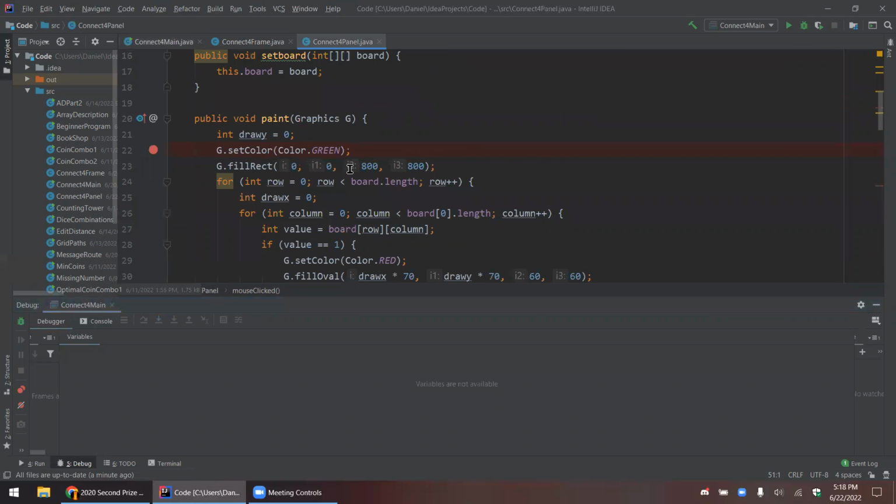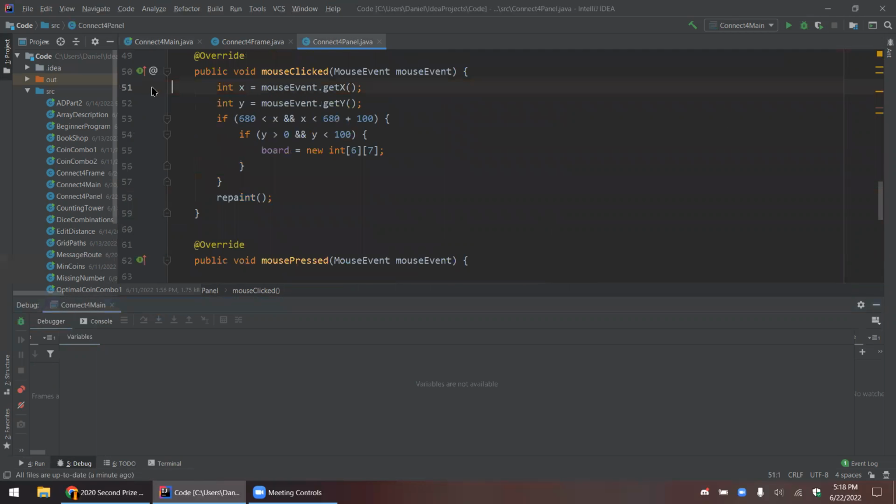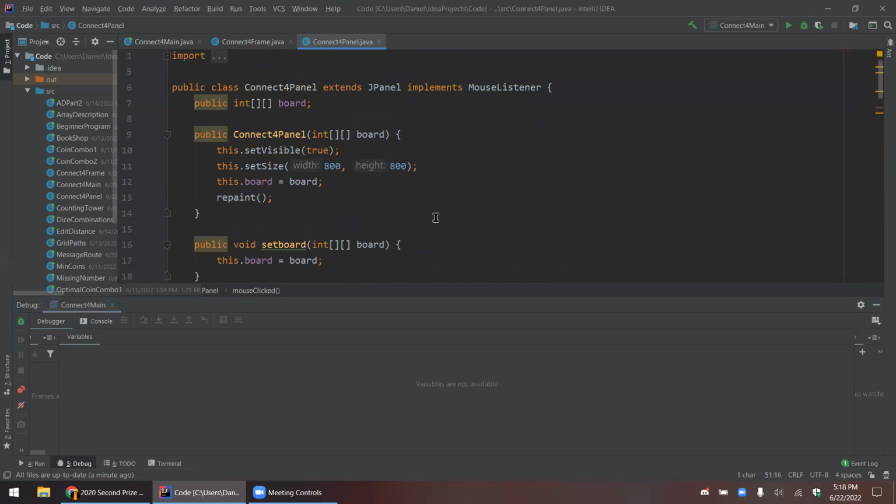Yeah. But that doesn't actually help us here, because the problem is that even if we did put a breakpoint here and debugged it, it never goes to here because it's not actually being run. We need to